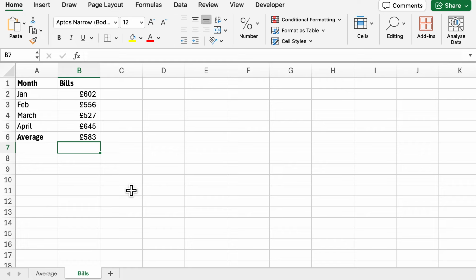So yeah, it's a very useful function when you want to calculate that average, and if it's for bills in particular, work out how much money you'll need roughly for your bills. And yeah, just a very useful function in